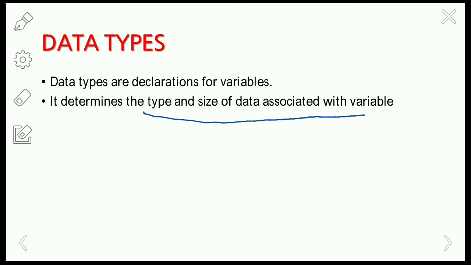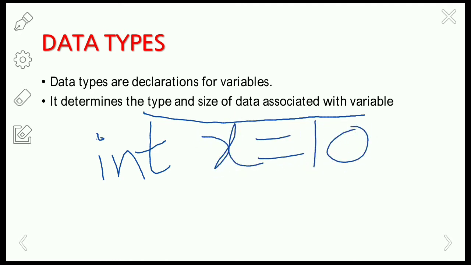Suppose you are declaring a decimal variable, then you have to declare it using int, right? So using the int data type, you can declare the variable x which is of decimal type. So int x = 10. That means here x is the decimal value, and we are going to represent this decimal value with the help of the integer data type. So here we are declaring the variable x for the decimal value as integer, right?